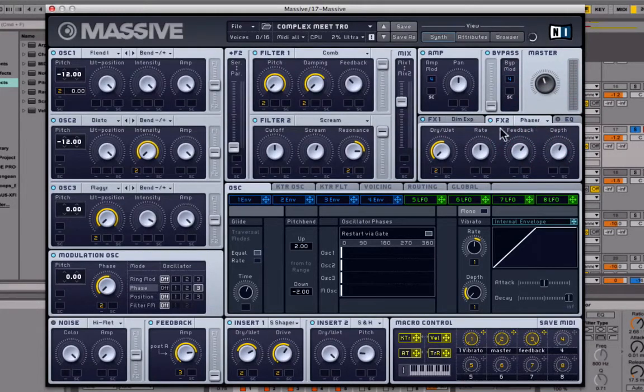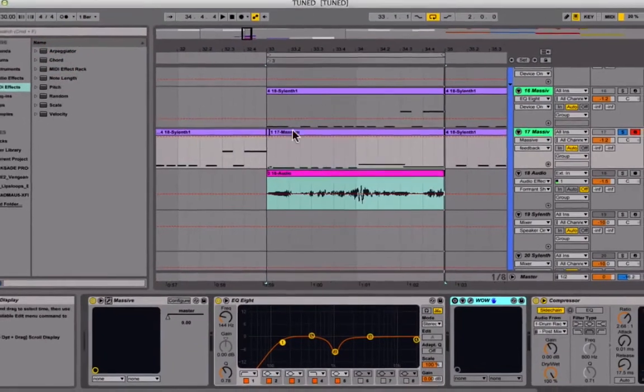Our phaser is doing some really cool stuff here, so this is kind of important here. Feedback and depth are kind of just slightly above halfway. Rate is right smack down in the middle, and dry wet is all the way down, and we're going to bring this macro in once again and place it around there. And so what this does, now that we're done with Massive,